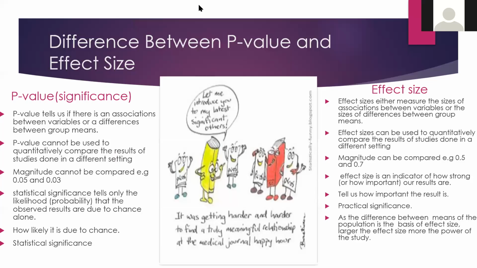So the answer to this is that p-value only says that there is a relation. But what is the magnitude of the relation? That p-value does not show. And here in meta-analysis, we are trying to see the magnitude of the relation. Now, let me give you one example to explain it.